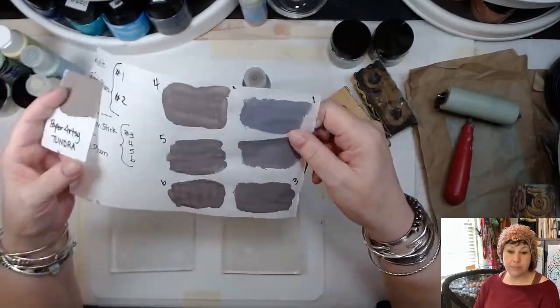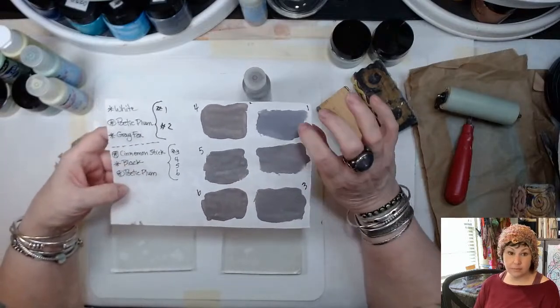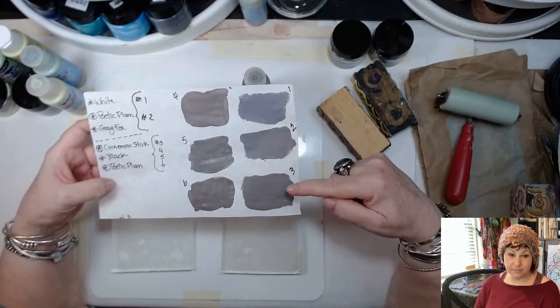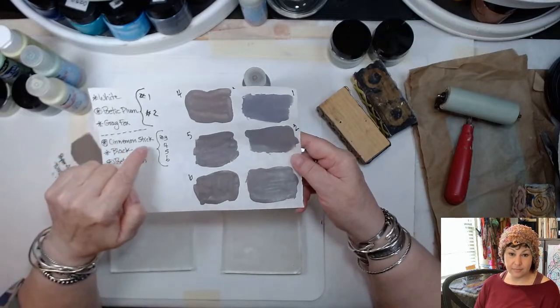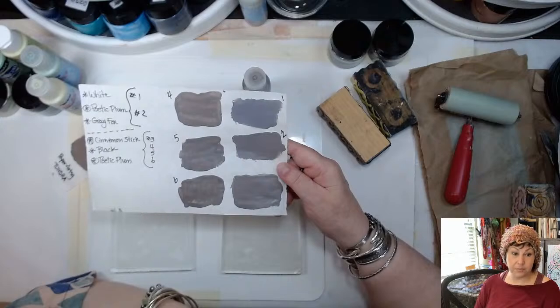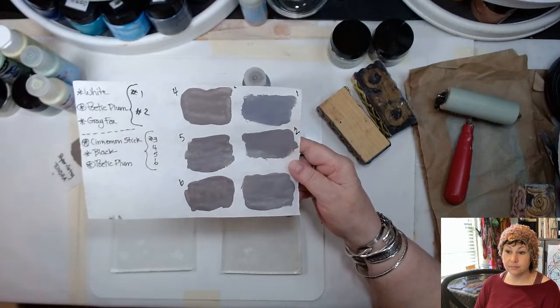Okay, so I want to talk about this because this is where you're going to run into a problem. This was my first mix. Second, see, I'm getting there. Third, put a little bit more. So then I had to bring in cinnamon stick because this was too cool, too blue. So this cinnamon stick, if you have that, that's the one that we got in the...